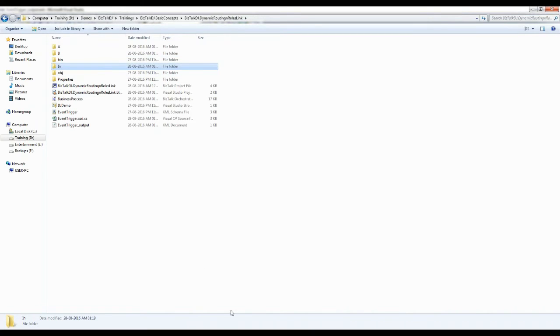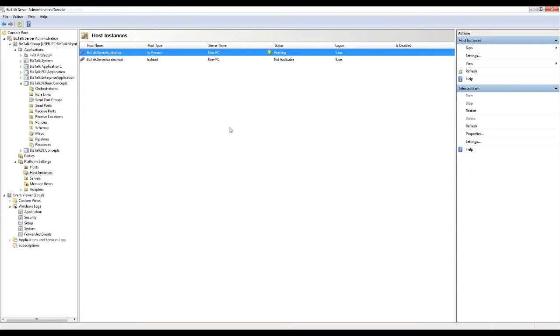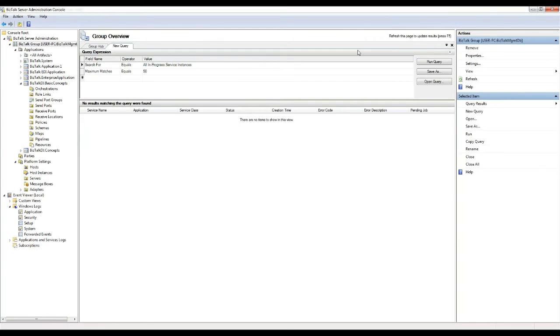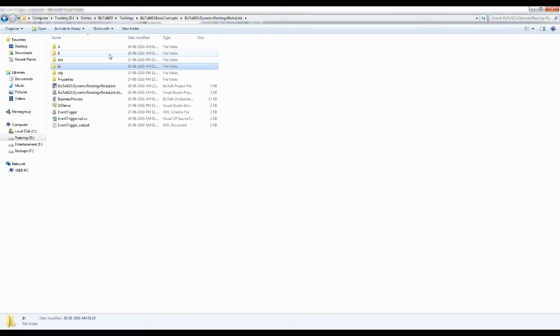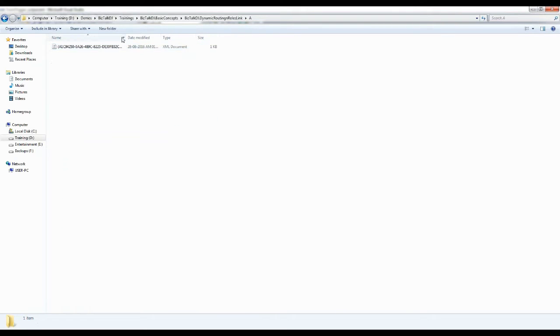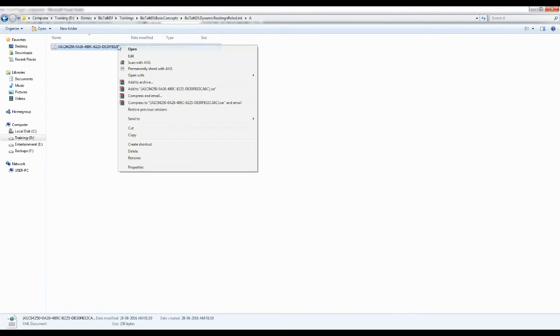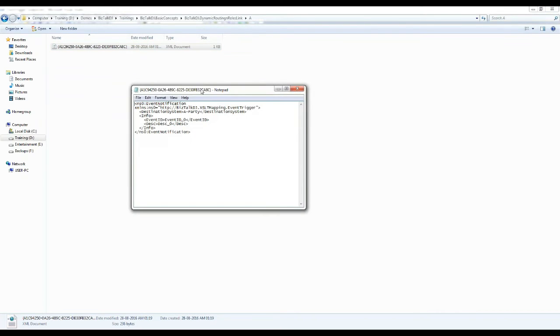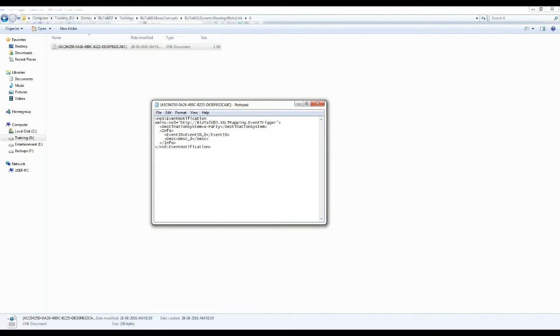Message got picked up. And as you can see here, message was processed successfully and routed to the A directory.